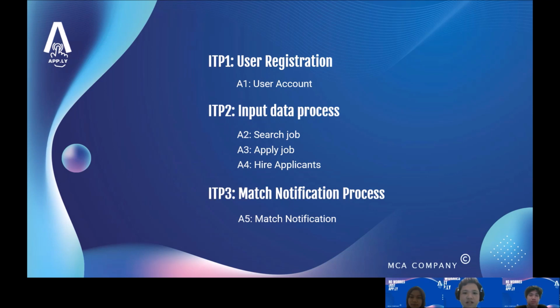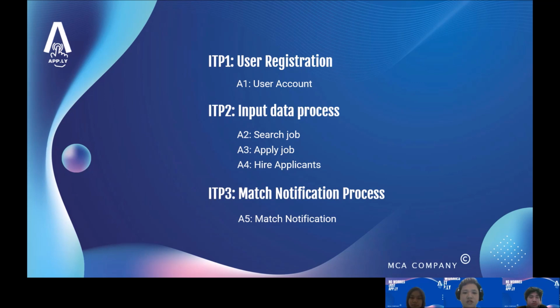In ITP1, there's one activity, which is registering the user account. In ITP2, there are three activities, A2, A3, and A4, which are the processes where the user has to search job, apply job, and hire applicants.